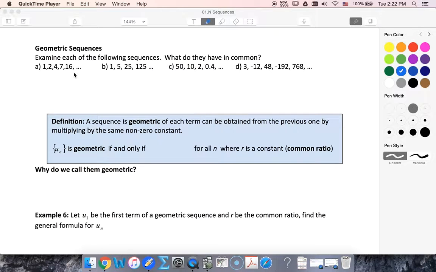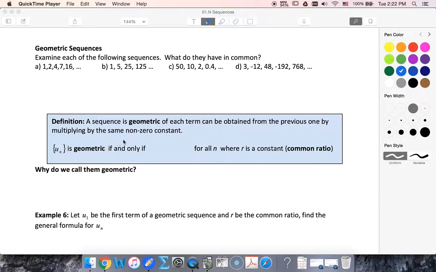All right, now we're moving on to our second type of sequence that we look at in this course, and that's geometric sequences. So notice in this case the commonality. I hope that you see in each case we multiply by a constant. So in this case we call it geometric, and we can see the definition here, each term obtained from the